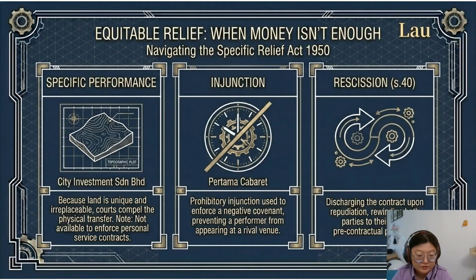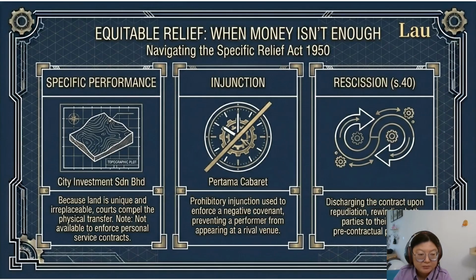My part focuses on what happens when a contract is breached and money alone cannot fix the situation. This is where equitable remedies come in under the Specific Relief Act 1950. The first remedy is specific performance. Under Section 11 of the Act, a court can order a party to actually carry out their contractual obligation rather